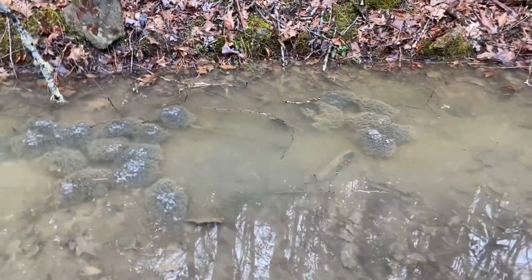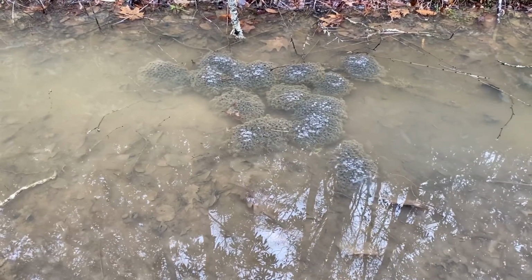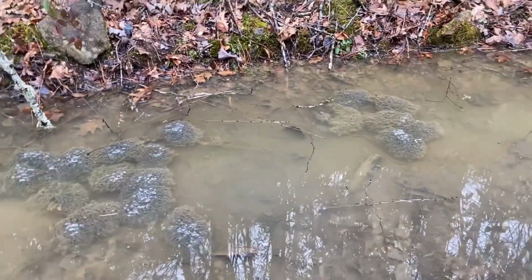All right, who knows what those are? Those are tadpoles. Well, they will be. Look pretty gross right now. All right, so just past campsite 65,